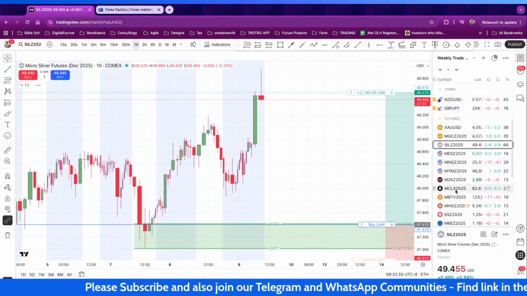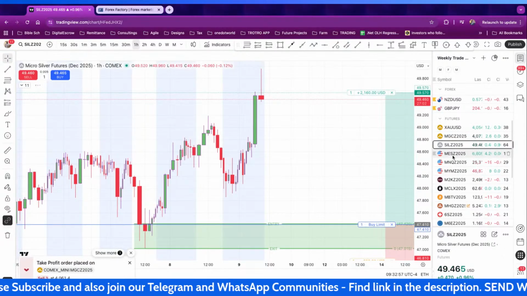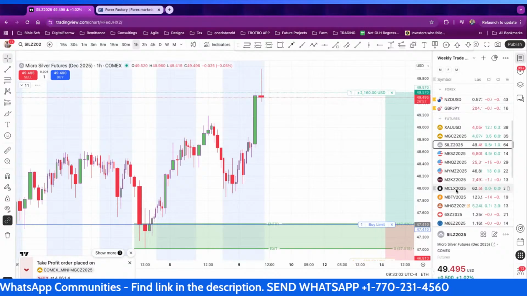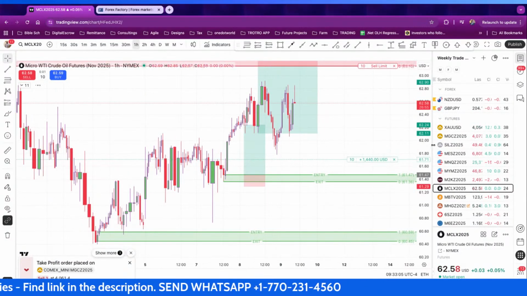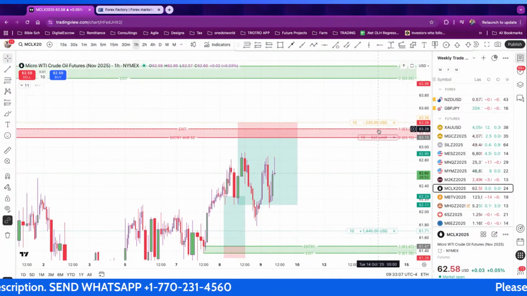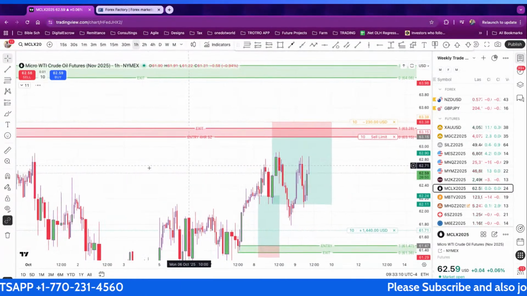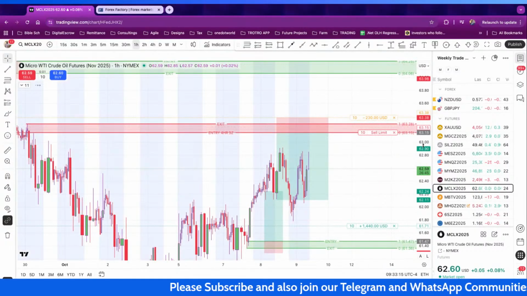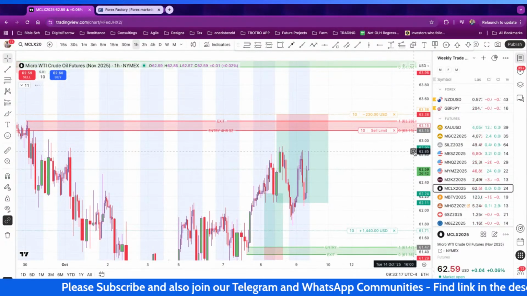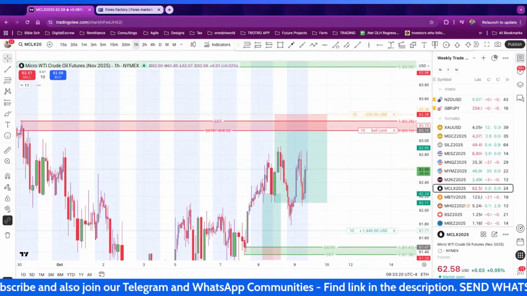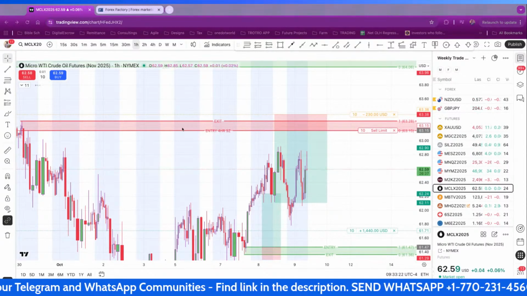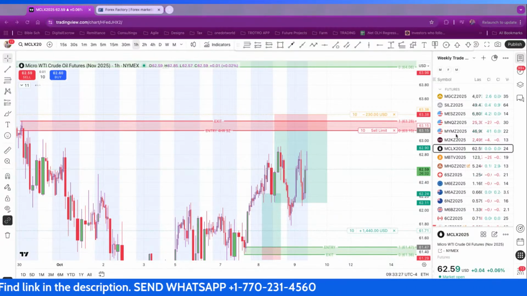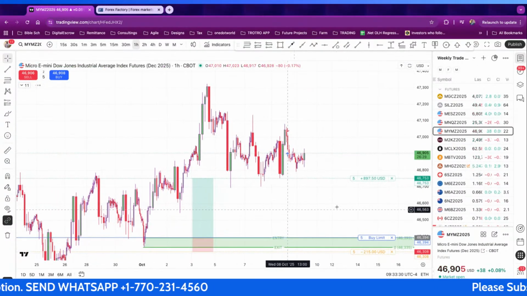So we have all the other markets: the MES, MNQ, MYM, M2K, and crude oil, all in here. For crude oil, there's our sell or short opportunity right there, 63.15, 63.28. When it comes to your stop loss, you do the magic. Wherever you want to put a stop loss, you can do that in there for crude oil.